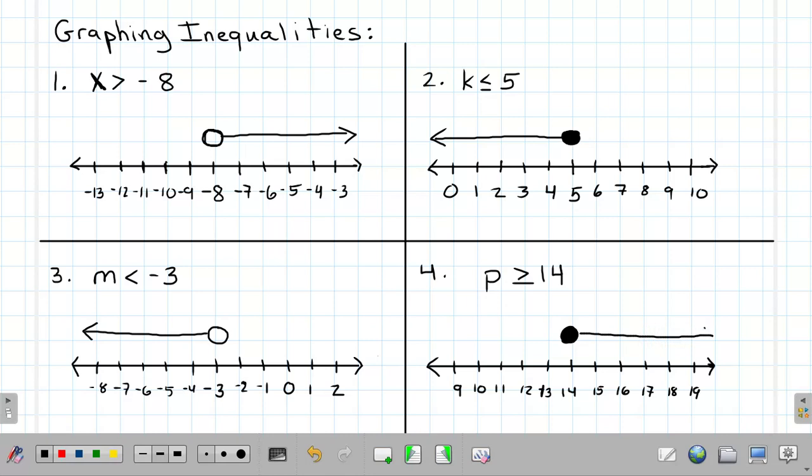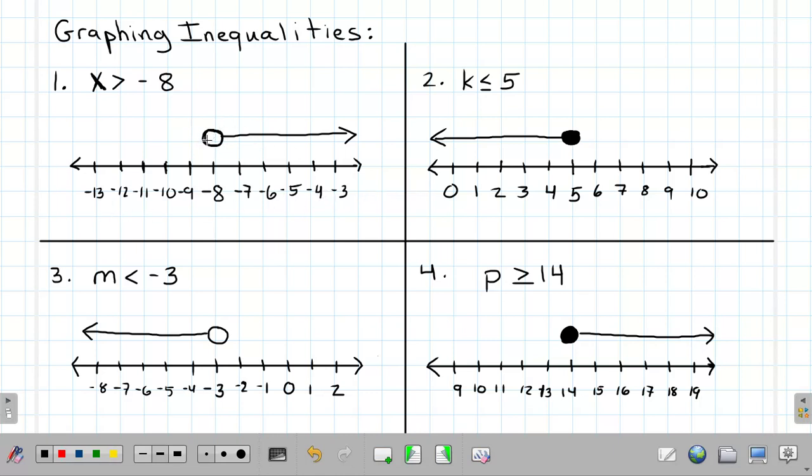And that's just a good rule of thumb to remember, is numbers are always bigger to the right, numbers are always smaller to the left. And that's a very fundamental thing to know with these, because that tells you which way you need to draw your arrows. Okay? But really the steps here are fill out your number line, determine if you need an open circle or a closed circle,